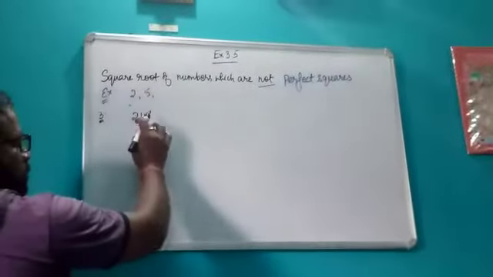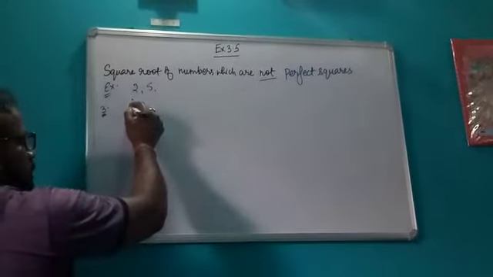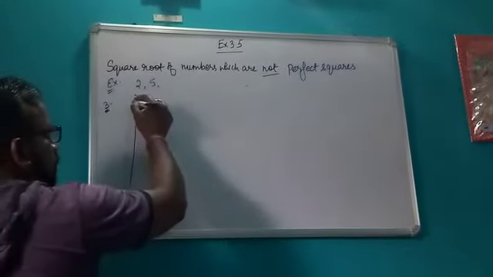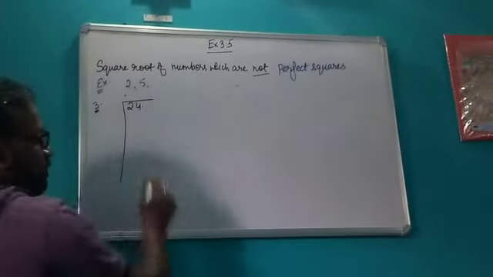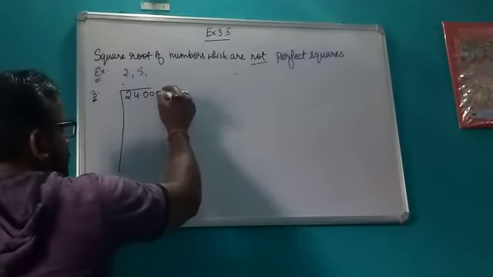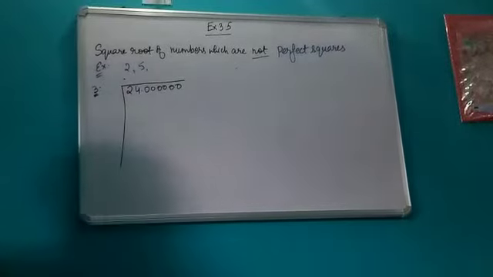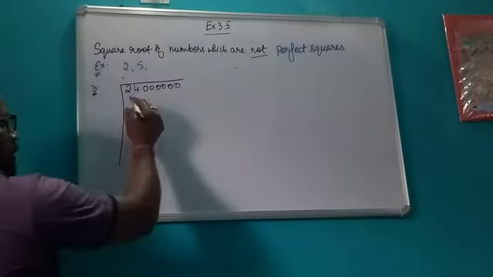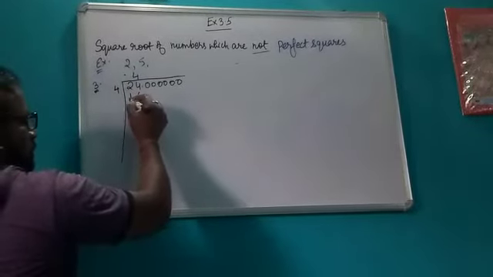Suppose we have to find the square root of 24. So you already knew it is not a perfect square. So what we will do? We will again use a long division method. We will put a decimal after 24. Then since we find two decimal places, so we will write 6 zeros like this. These will be your 6 zeros. Then we will start. So nearest square to 24 will be 4. That is 4 square. 4 into 4 is 16.